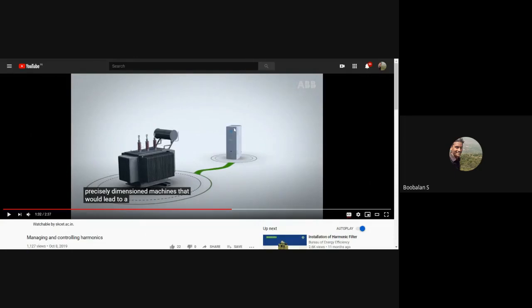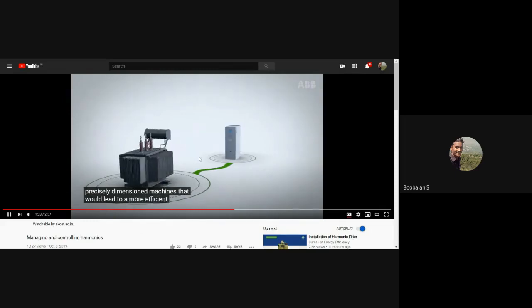So I'm just going to connect this harmonic drive, which we just discussed, 12 pulse, 18 pulse. Right, this shunt active filter is now connected in shunt mode, right? It's going to generate opposite harmonic waves. It's going to cancel my oncoming harmonics. Now both are cancelling each other. My transformer is now going to run in a smooth mode. So this is what my operation is, right? So anyway, my initial cost will be somewhat very high, but once we install it, right, we could increase our transformer efficiency and life, right, the same way.